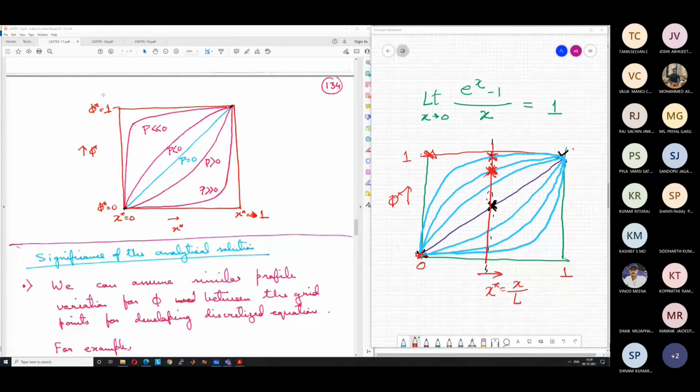And what about our initial schemes that we had discussed, the central difference scheme? For the central difference scheme, we had assumed that both the flow term as well as the diffusive term assume a linear variation like this straight line. Although for the diffusion term this is fine, for the flow term this is not fine.